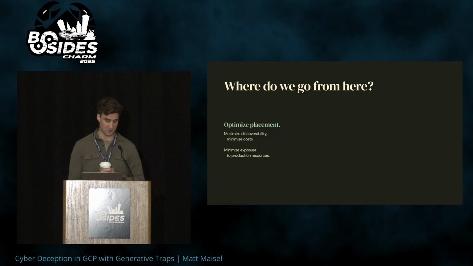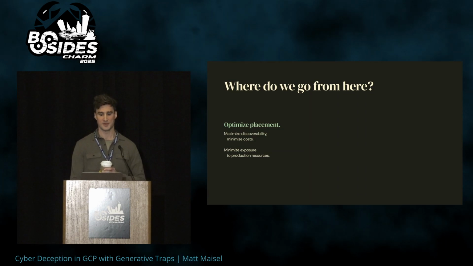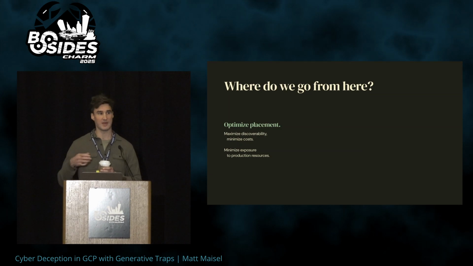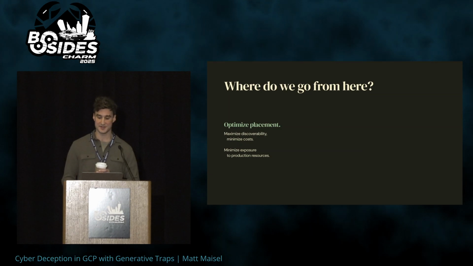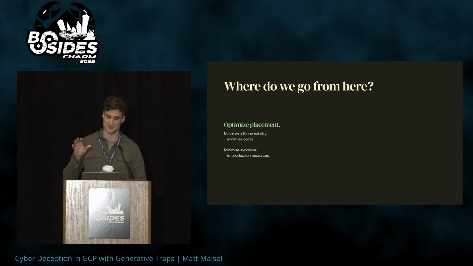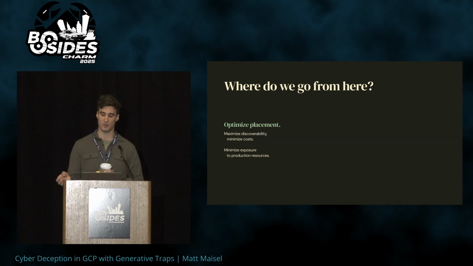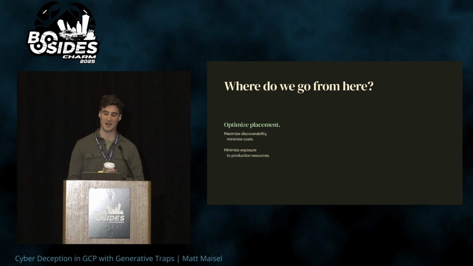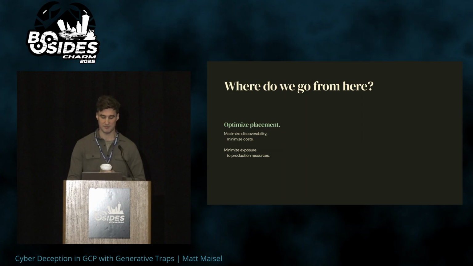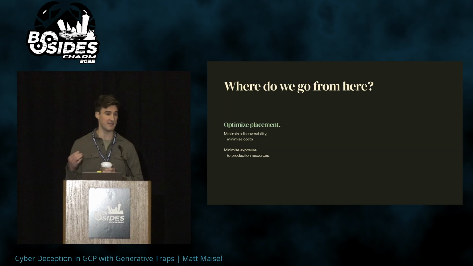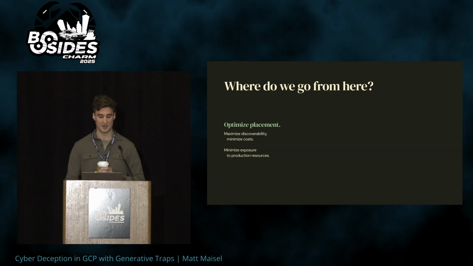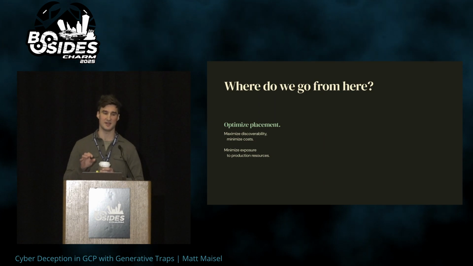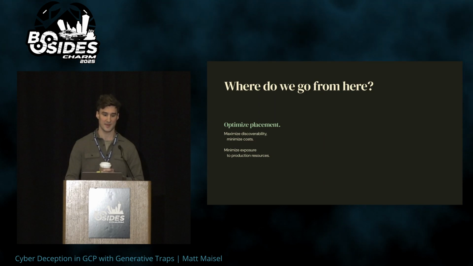So that's the architecture. So where do we go from here? There are multiple directions I think could be worked on. One, there's an idea around where optimal trap placement is. It's pretty naive at the moment. There's just static logic that says, hey, go deploy this trap and set it up so that principals can impersonate it. But given the resource graph, we could be more intelligent. We could try to maximize discoverability by looking at inbound edges or traversals to traps. And then also, we obviously want to minimize exposure to production resources, and right now that's just done by hard constraints. Thank you.